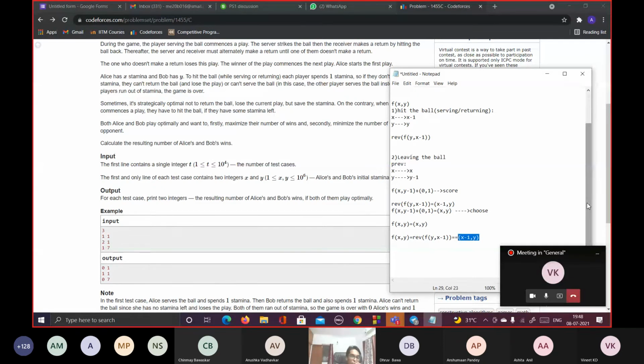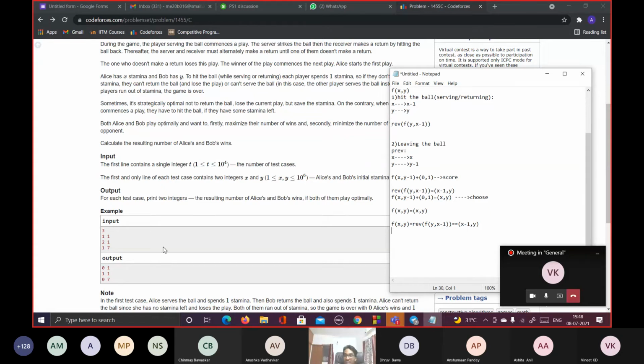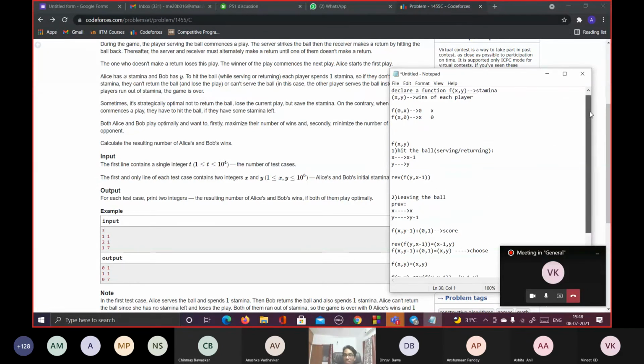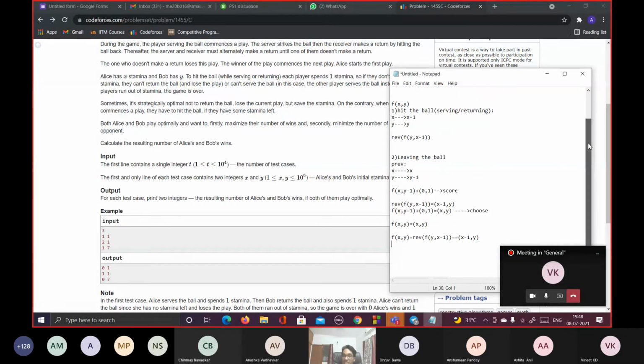So this basically says that the answer for 1 comma 1 should be 0 comma 1, for 2 comma 1 it should be 1 comma 1, and for 1 comma 7 it should be 0 comma 7. So it might look like you could decipher it from the question itself, but again we have a proof here. I think this is the proof of this question.